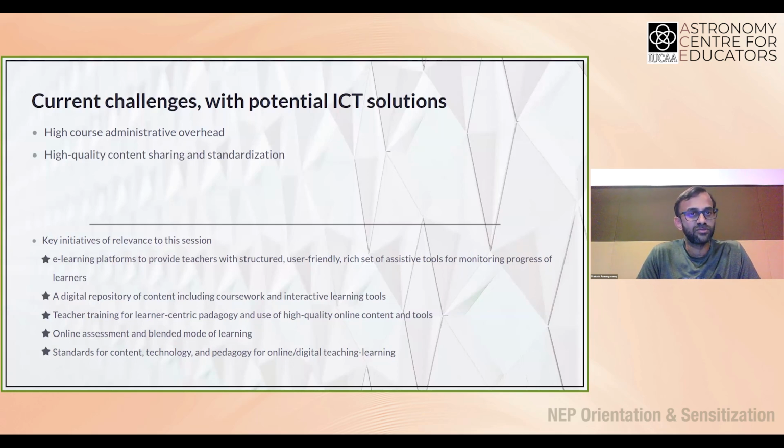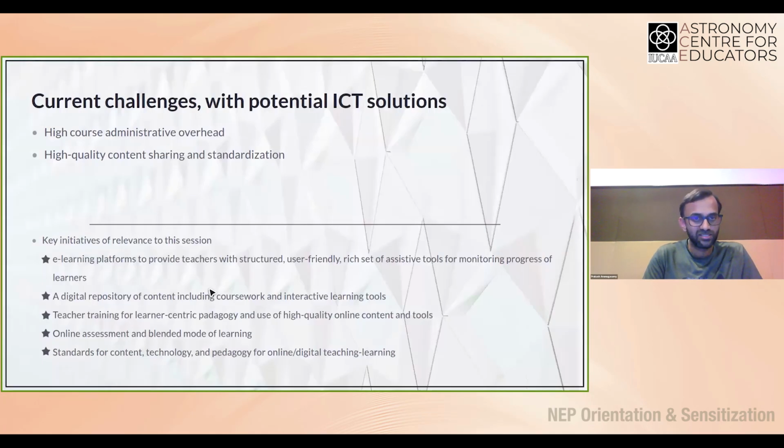The other thing is we would like to share quality content and ensure that the content we are putting out there is up to a certain standard. That requires, of course, years of improving upon the content that you have initially created, getting feedback from the students through various tools to ensure what is effective and what is not effective, improving in the places where it is not effective, and continuing with the things that are in fact effective and sharing it more broadly.